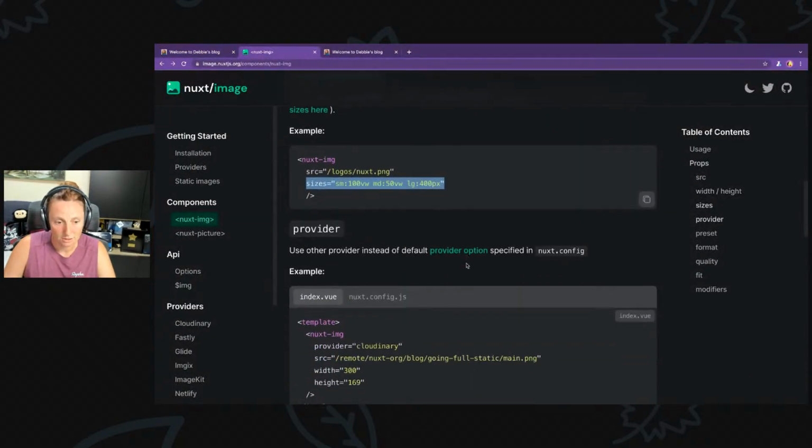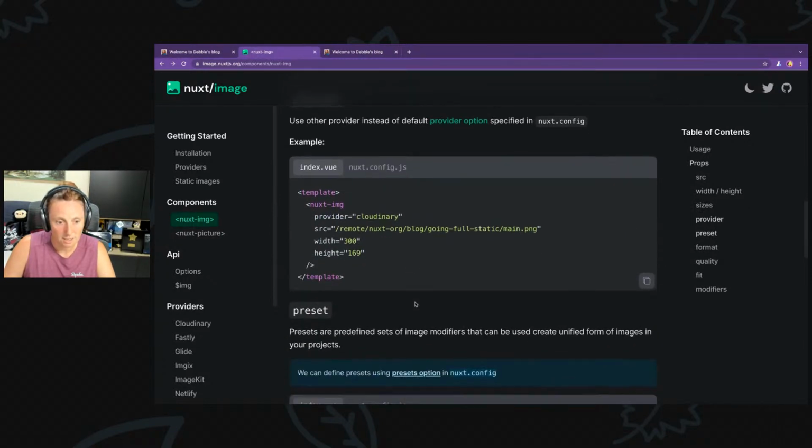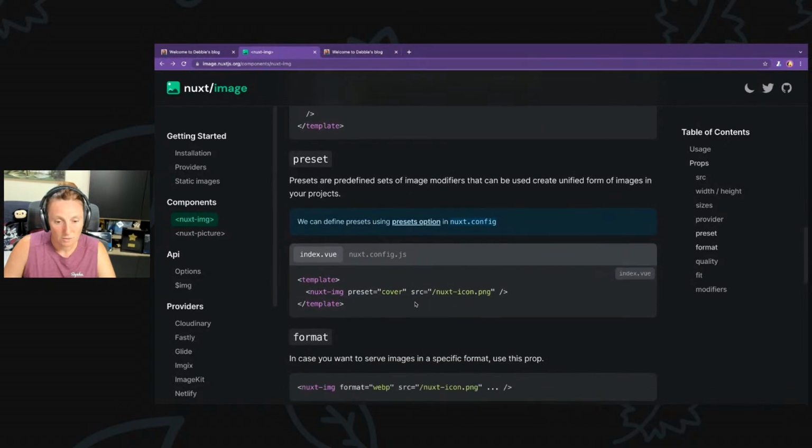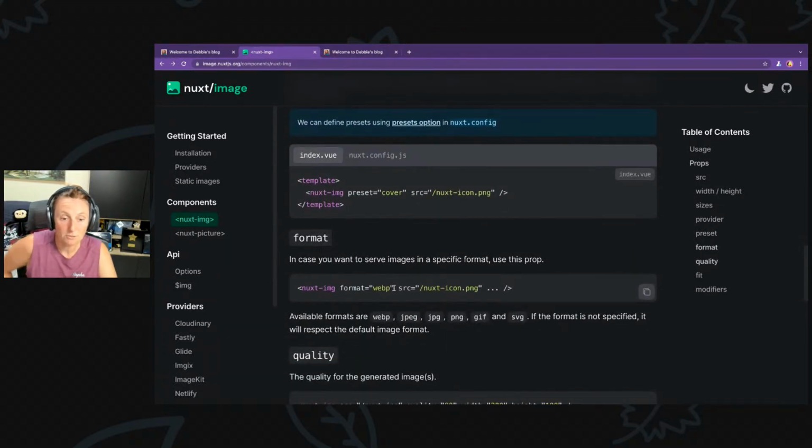But if we keep going down, we have your widths and heights and presets. We can have a preset of cover. We can have the format equals WebP. We want to serve WebP formats, which I do, because it's going to be better and